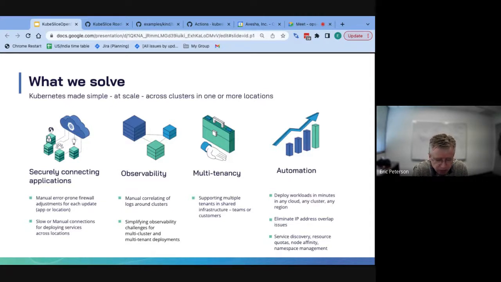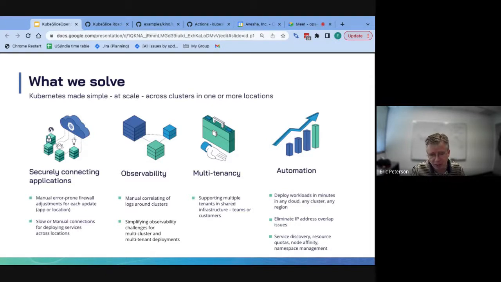Places where the footprint is potentially small, and so the number of servers that could be deployed there is small, but the need to share those resources across multiple customers may be large. So the ability to carve up those resources and securely deploy applications from different organizations on the same infrastructure, it's much more cost effective that way.